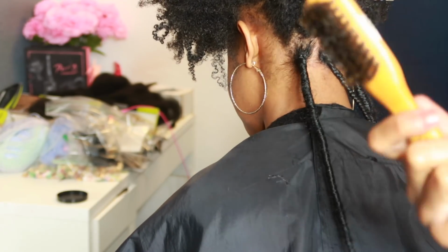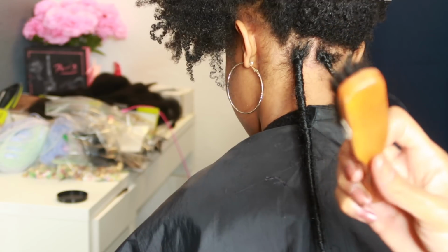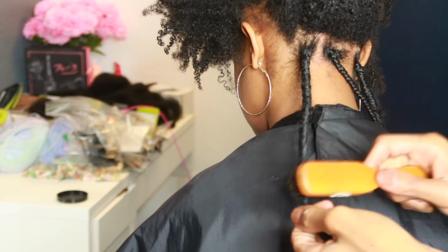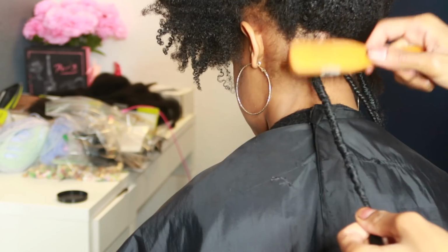So now I'm getting this small brush. You can get this at Walmart or just your local beauty supply store. And what I like to do is just go against the faux lock and brush up. The reason you want to brush up is that it brings out those little pieces of hair to make it look more natural